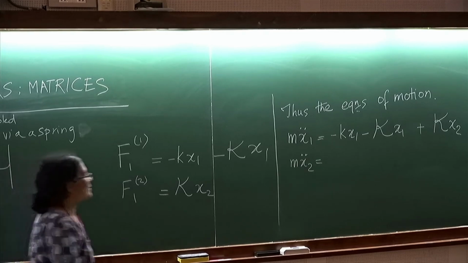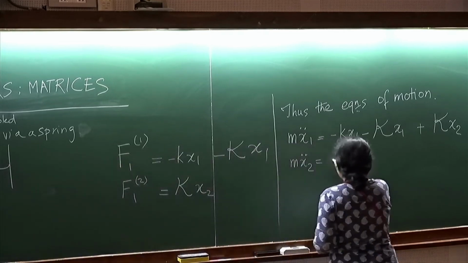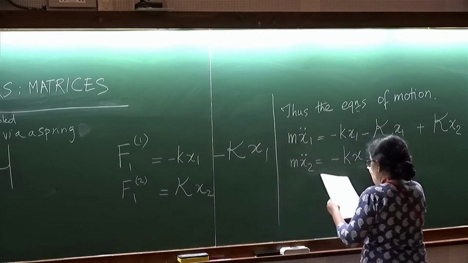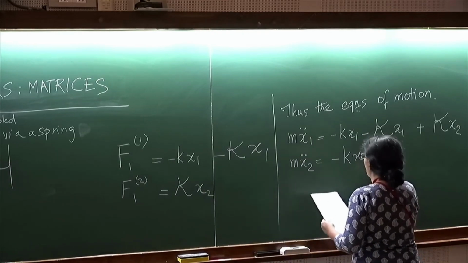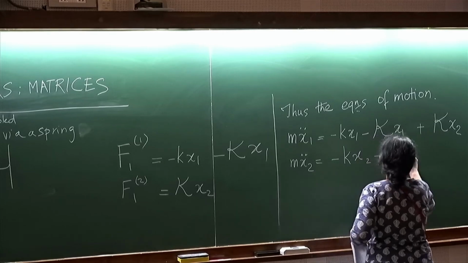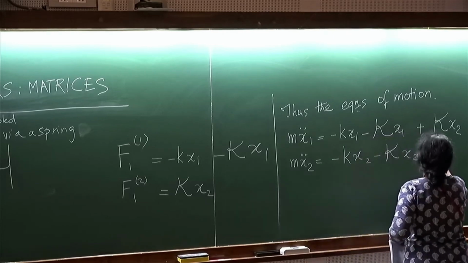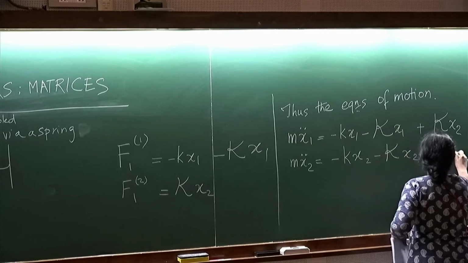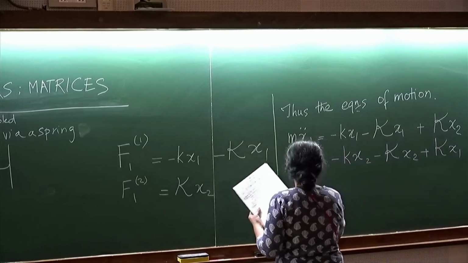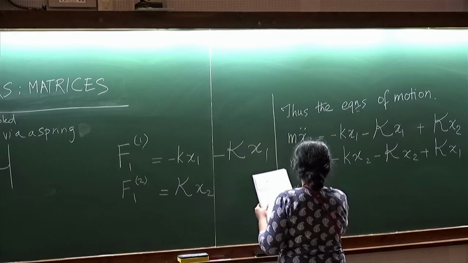Correct. So 1 and 2 get swapped. So you'll basically get that, right? In other words, I'll write it more concisely. If I collect everything, I'll just get